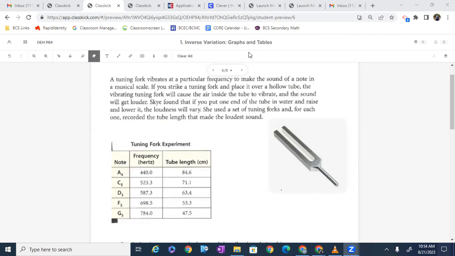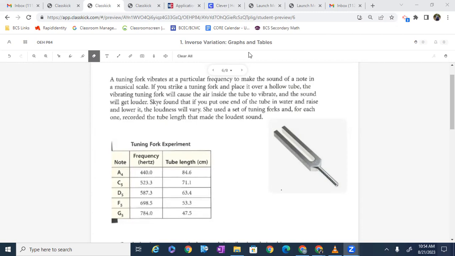It says a tuning fork vibrates at a particular frequency to make the sound of a note in a musical scale. If you strike a tuning fork and place it above a hollow tube, the vibrating tuning fork will cause the air inside the tube to vibrate, and the sound will get louder. Sky found that if you put one end of the tube in water and raise and lower it, the loudness will vary. She used a set of tuning forks and for each one recorded the tube length that made the